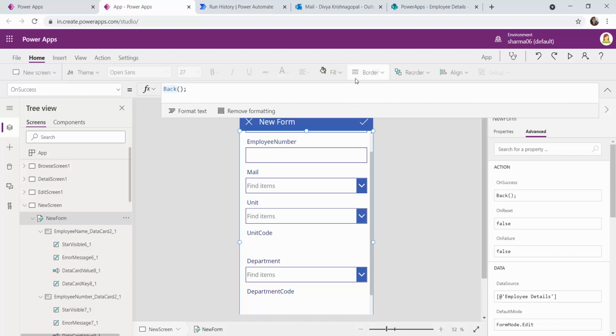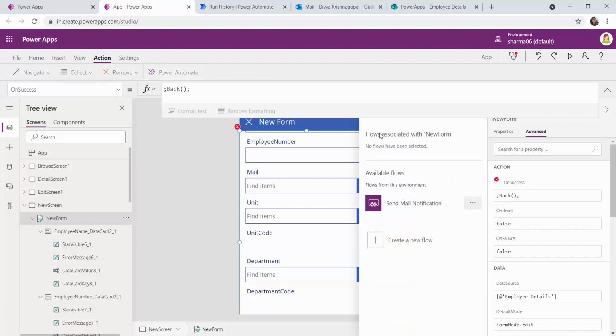So before it is going back, I need to call my Power Automate. So in order to call Power Automate, Power App provides a default option right from below the menu action. So you can click on Power Automate from the action menu tray. And when you click on that, the Power App will provide you all the available flows which are already present in the environment.